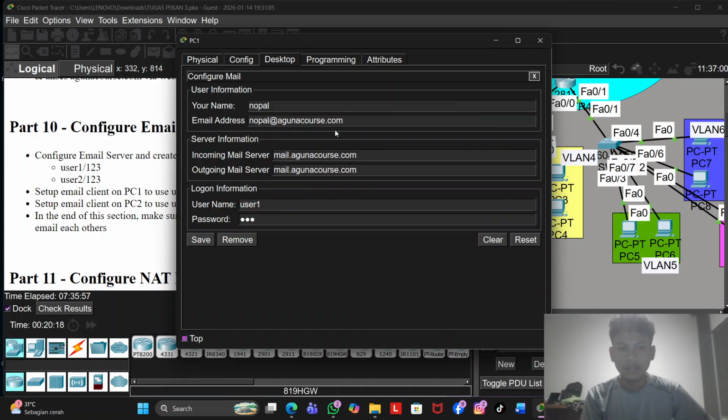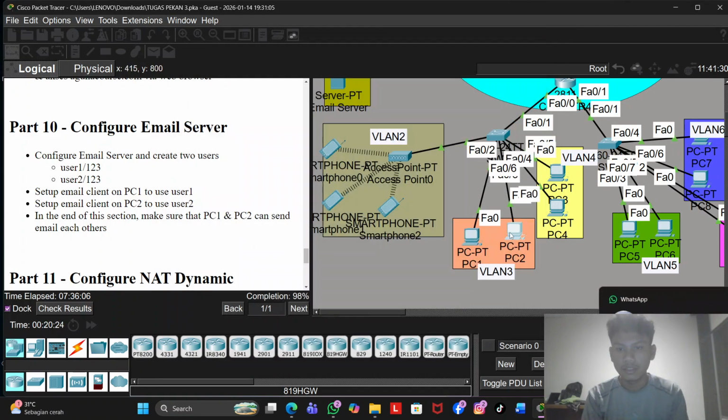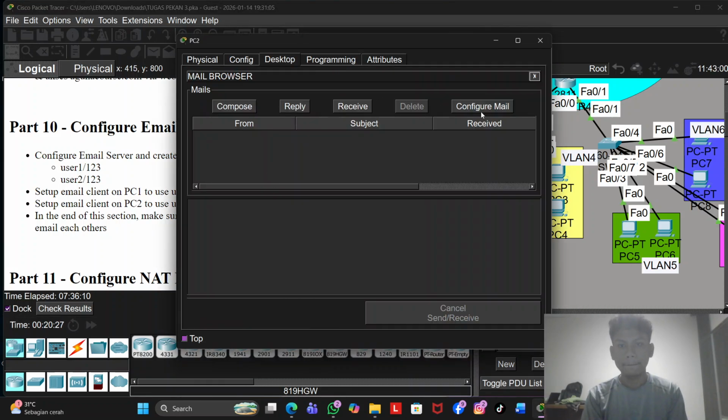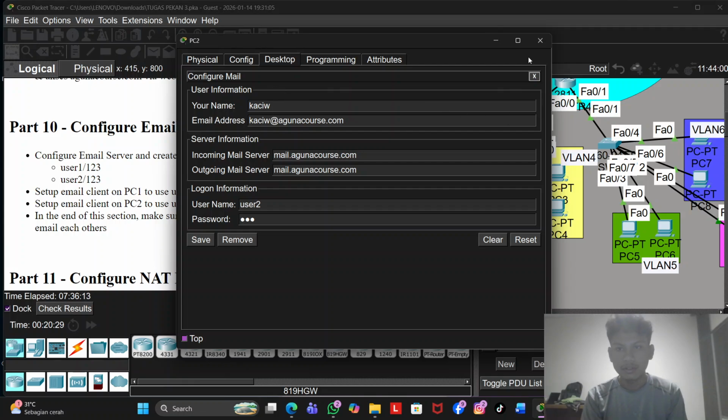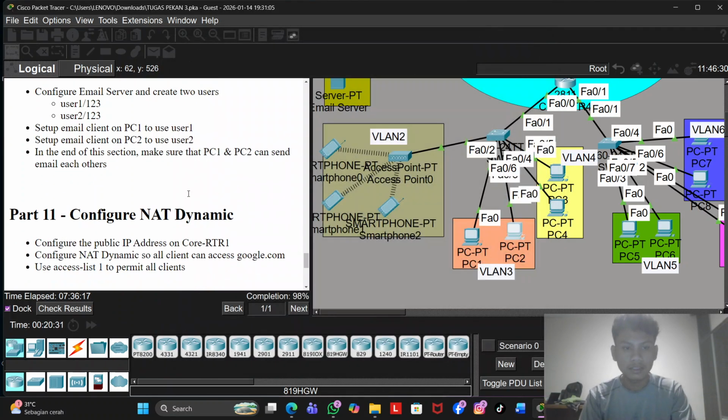Here's the email of PC1, incoming, username and password. This is from PC1 and this is from PC2. kaciu@agunacourse.com. So that's all for this part.